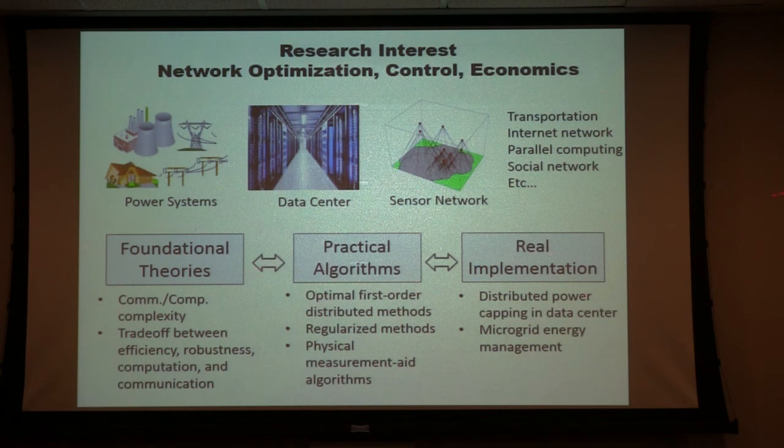We did some automation theory and linear algorithms. We actually had a real implementation, not with humans but with devices. In one part, we implemented our algorithm on a data center, and Microsoft invited us to tell more about exactly what we did. There is also some other ongoing work on macro grid energy management for efficient energy management. If you are interested, we can talk offline about each individual topic.